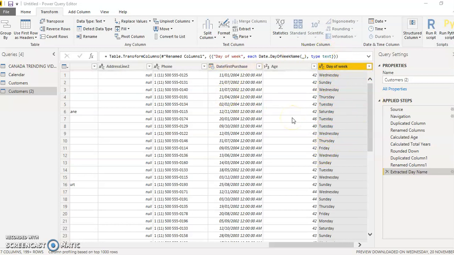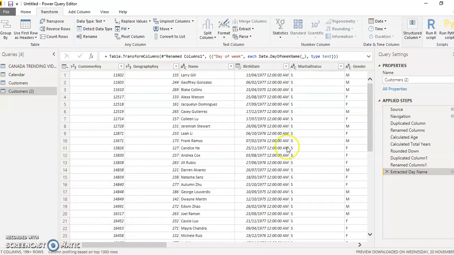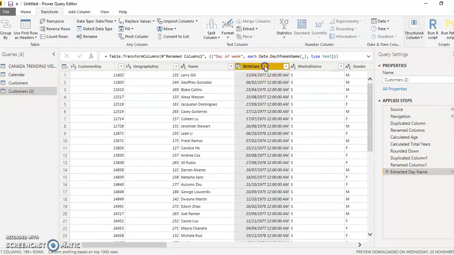Maybe you want to get the time the person was born as well. You can still do the same thing from your date of birth column, this is it here. Maybe you want to have only the time. You can still do that to get whatever you want to do. And after doing it, you analyze your